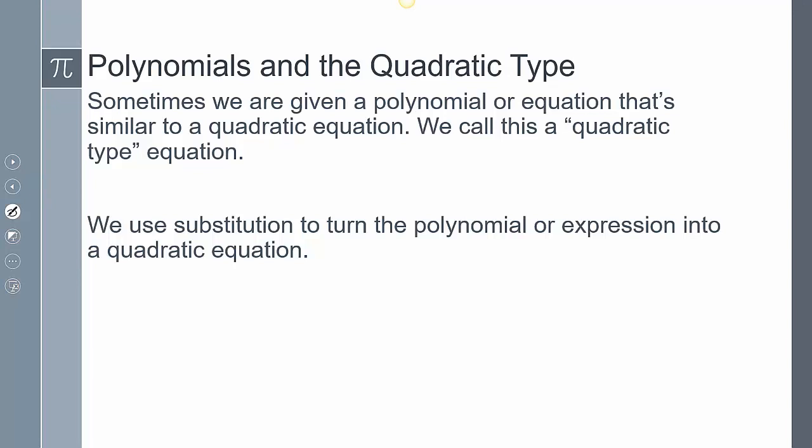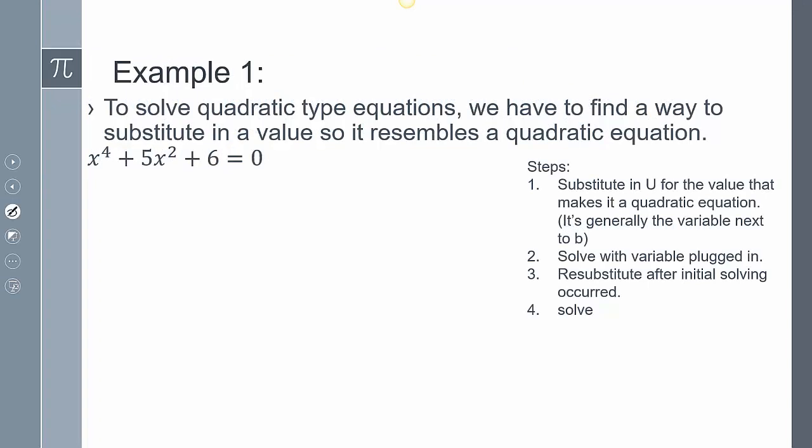And so it's currently in a form in which we can't do anything to it. And so we're going to use a form of substitution to turn that expression into a quadratic equation. And then once it's in that quadratic equation, then the properties and rules in being able to solve the quadratic equation will work. So on this first example here,